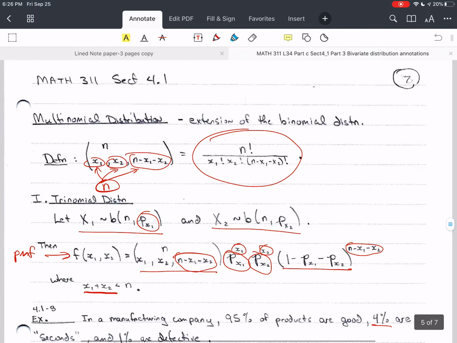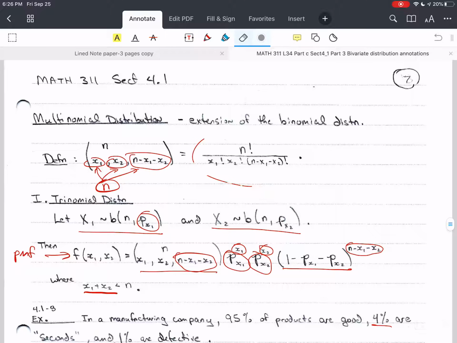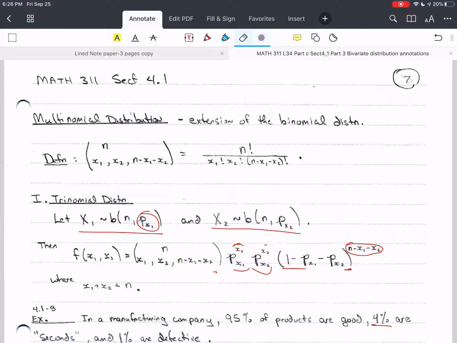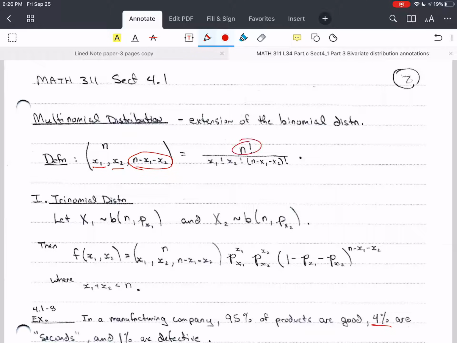So I need to define some special notation. Let's talk about the definition here. We can call it a combination, but it's not really. It's more like a permutation. So n, and then we have x1, x2, and then the remainder, n minus x1 minus x2. And that's just going to be the factorial of n over the factorial of x1, factorial of x2, factorial